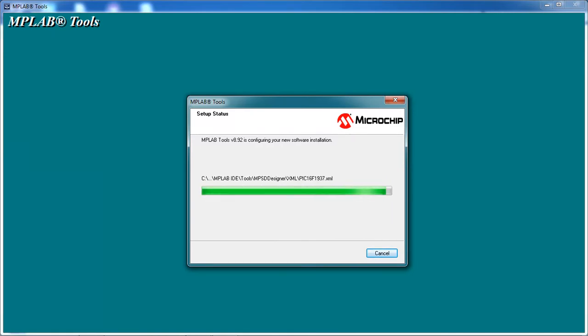There are different versions of this MPLAB. You can run with any version. There is no issue.